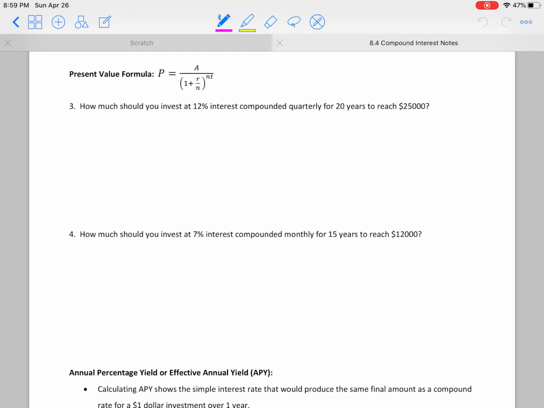There we go. All right, if we look at number 3, the next problem here, we're going to be using another version of the formula. Same formula, but solved for a different variable, because we have a different goal. Instead of asking what we're going to end up with after 5 years if we let some starting amount sit in an account,